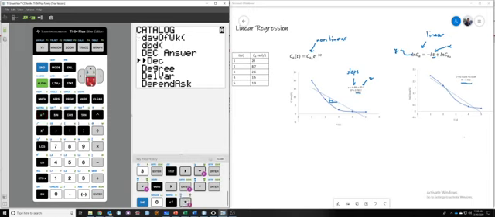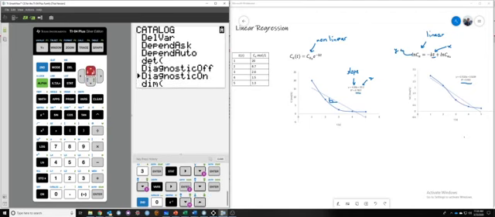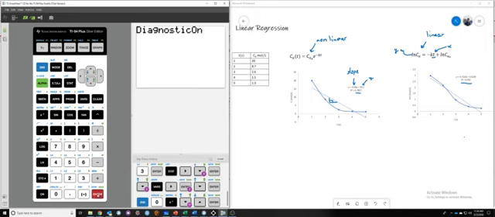Anyway, now I'm going to scroll down until I get to diagnostic on. Once I get my little arrow to diagnostic on, I hit enter. And it's going to say, do you want me to turn the diagnostic on? I do. I hit enter again, and it says done. Now let's go back up to our stat